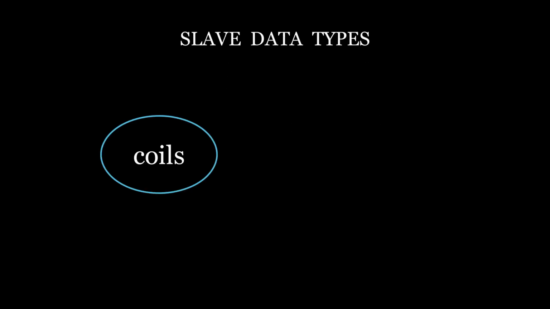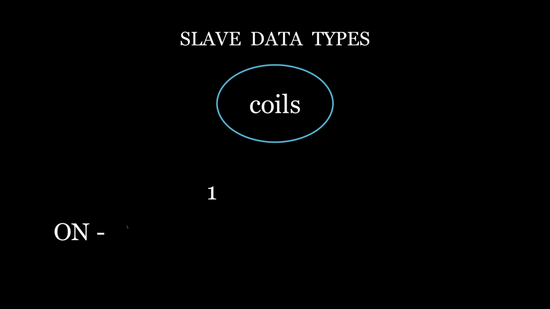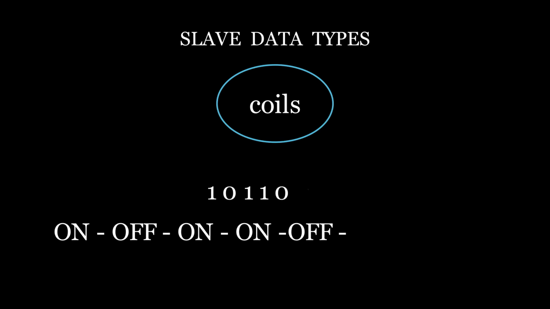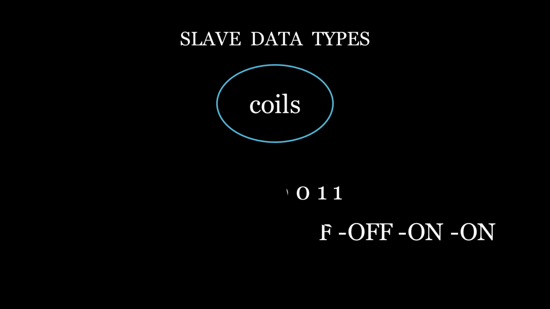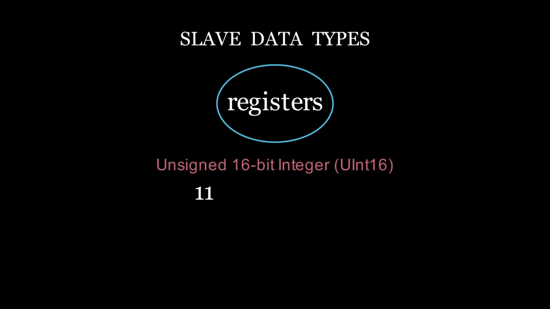There are two main types: coils and registers. Coils hold a single bit of data, either 0 or 1, representing two statuses, on or off. The example on the screen shows how coil bits represent real-world values. The values can be interpreted as on, off, or yes, no, or true, false, whichever pair makes more sense in the application. A register that consists of 2 bytes can represent either an unsigned 16-bit value or a signed 16-bit